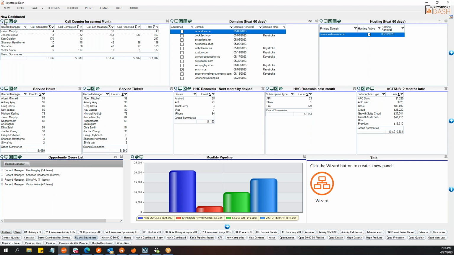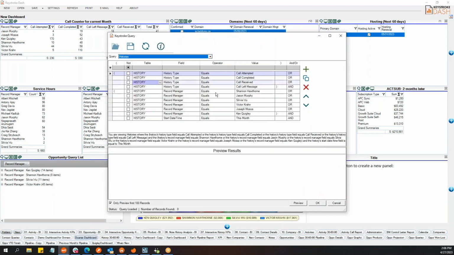So I'm gonna click on here to bring up the builder. Okay, so obviously you're seeing a new interface here, different iconography, but more importantly, you're seeing a simpler setup. What we found is, and Michael had a slightly different perspective because he'd been using Dash for 10, 15 years, what I found was that if you're new to Dash and you just said history and you selected field and let me just say, record manager, and I put in, let's say, equals, now you're going to